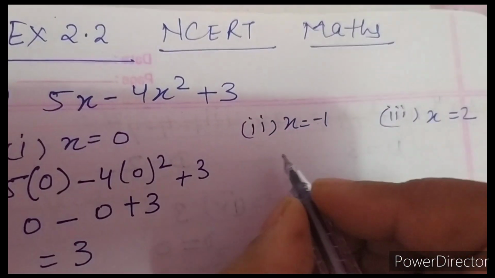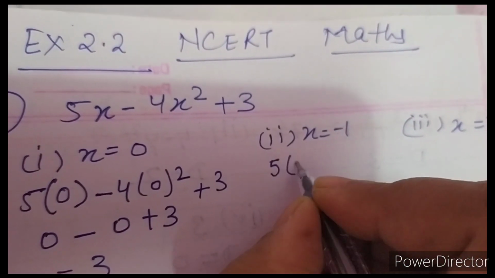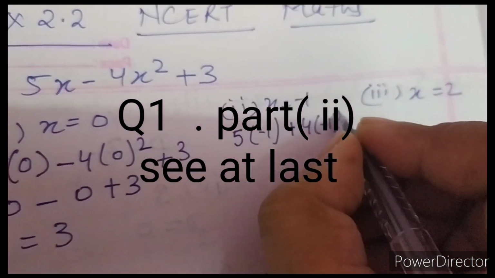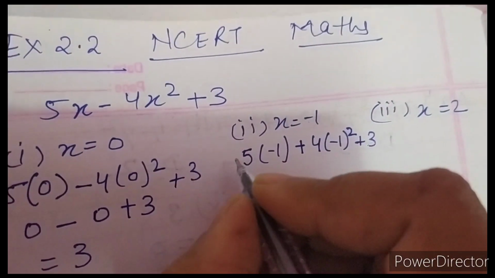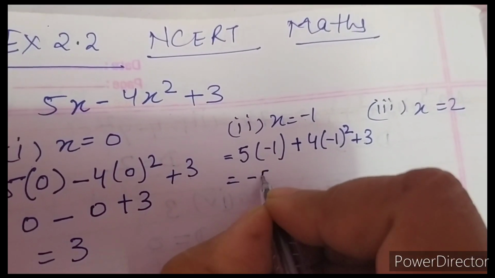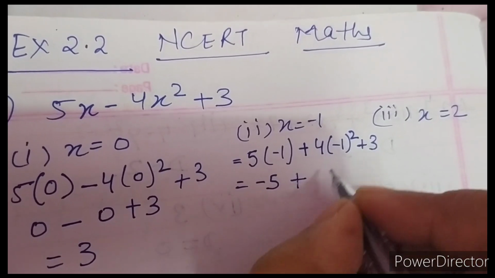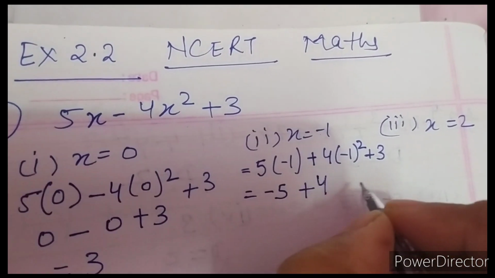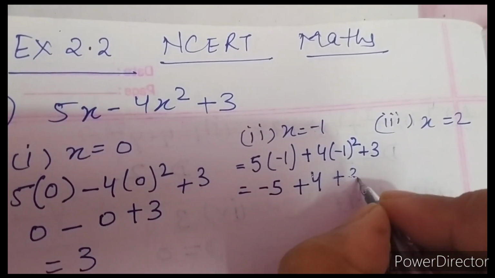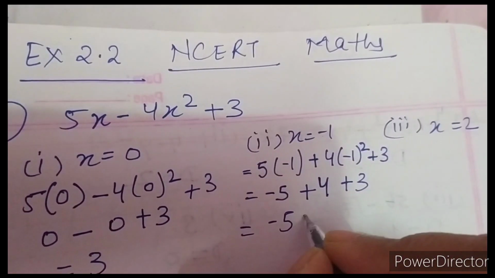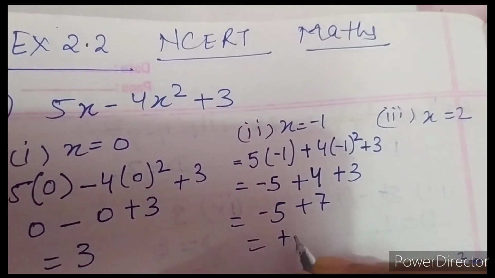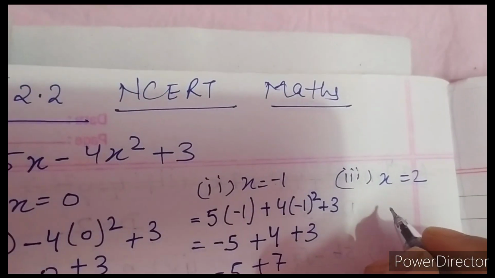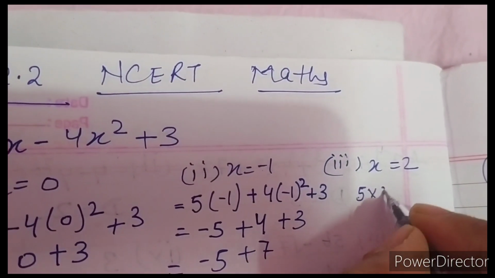If x is equal to −1, so 5(−1) plus 4(−1) whole square plus 3, that will be equal to −5 plus 1 ones are 1, and into 4, that is 4 ones are 4, plus 4 and plus 3, that will be equal to −5 plus 7, that will be equal to plus 2. Next, in this case you have to take the value of x as 2,